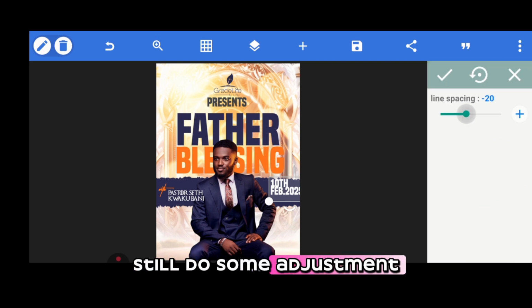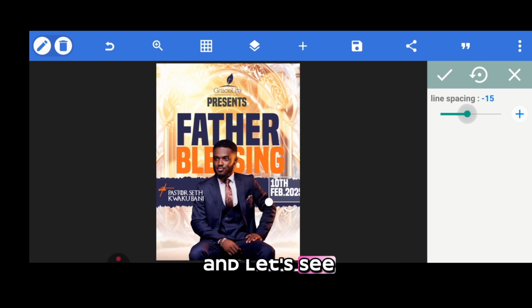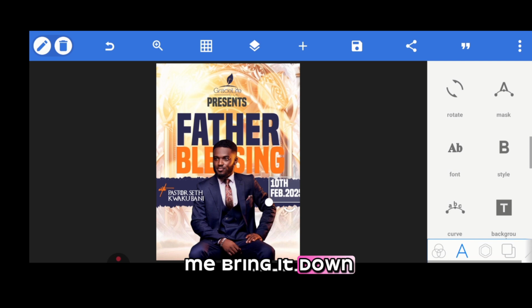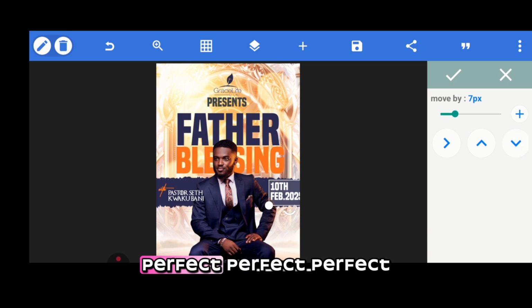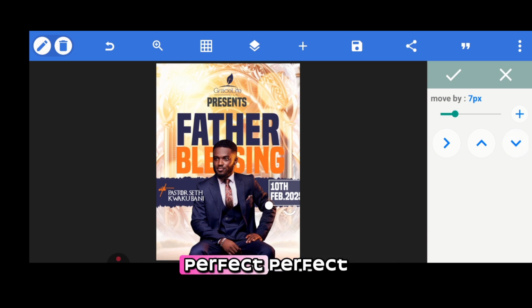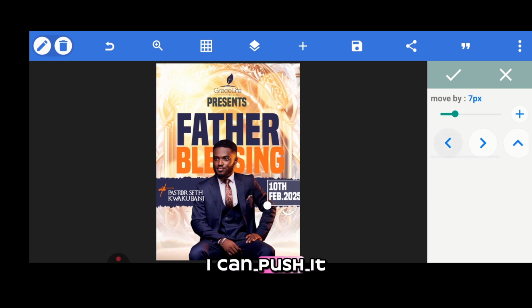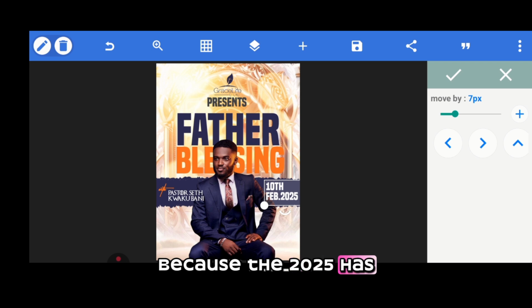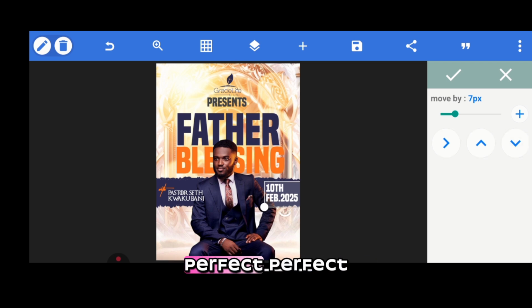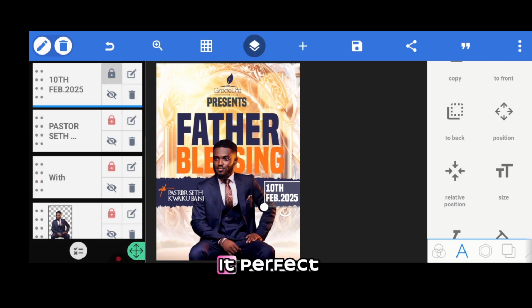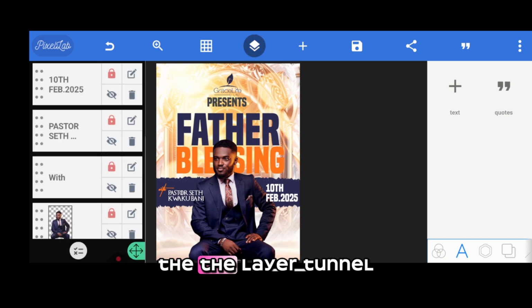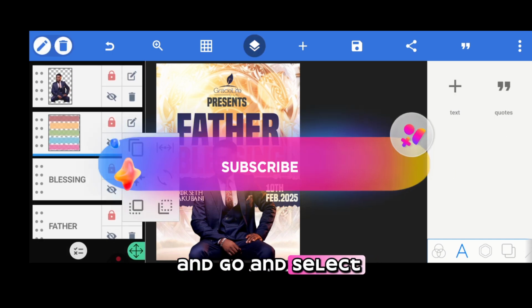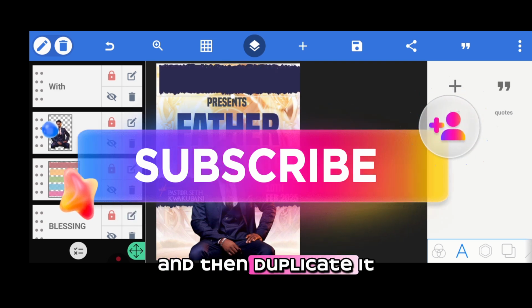Still do some adjustment, and let's see. Perfect. And then let me bring it down small. Perfect. So I can push it this way a bit because the 2025 has entered. Perfect. Then I'll lock it. So I'll go to the layer thumbnail and go and select this paper cut